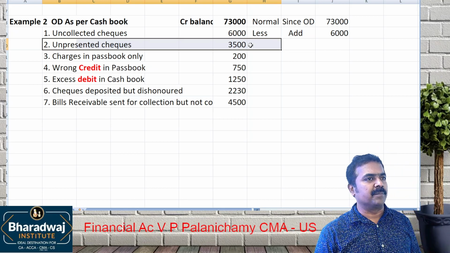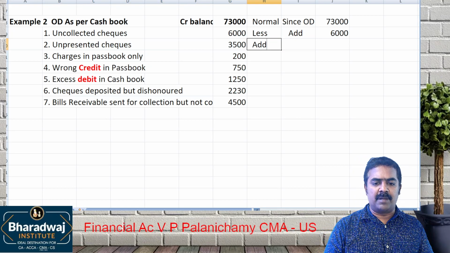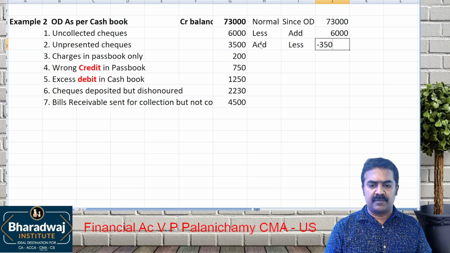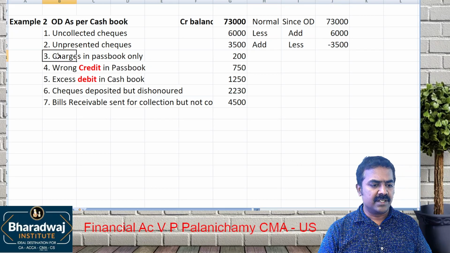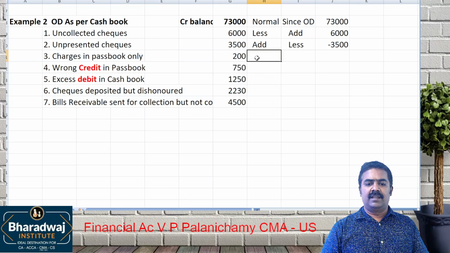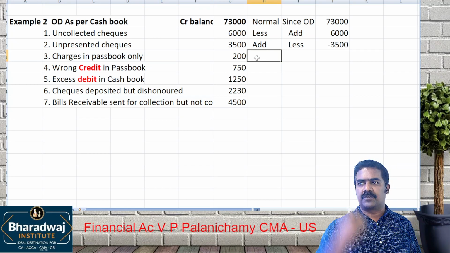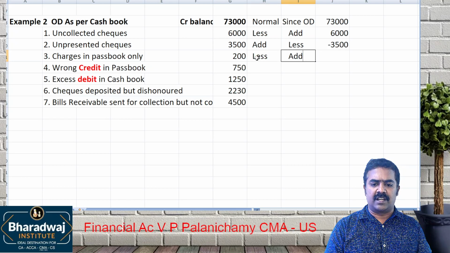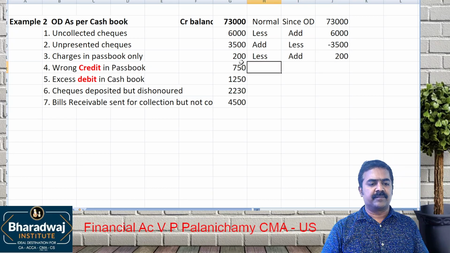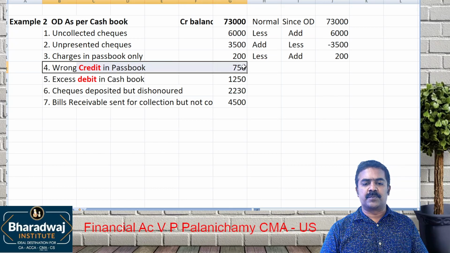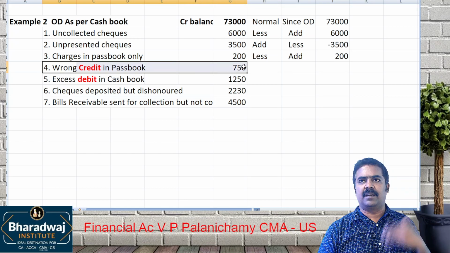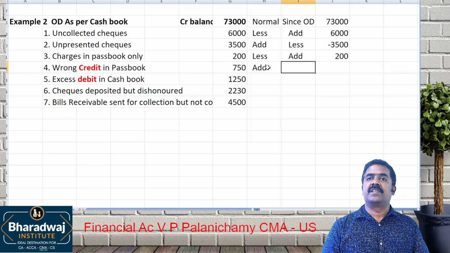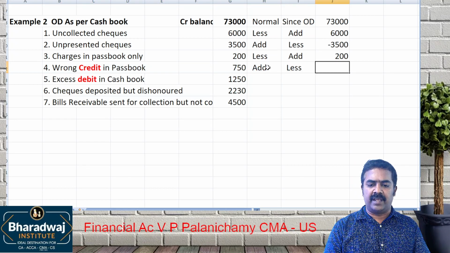The bank has not deducted. Now what to do? In a normal balance we would add. Since OD is a starting point, less 3,500. Change the sign like that. Charges in passbook only. Banker has reduced. We will also reduce it. If normal balance is given, since OD is a starting point, add 200. Wrong credit in passbook. The bank has credited, added in the passbook. Let us also add it. If it is a normal balance, since OD is a starting point, minus